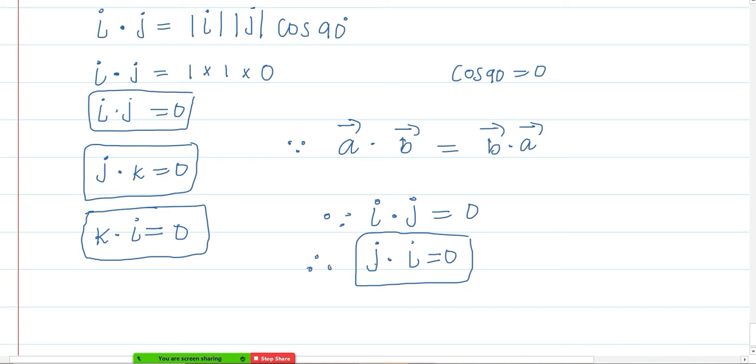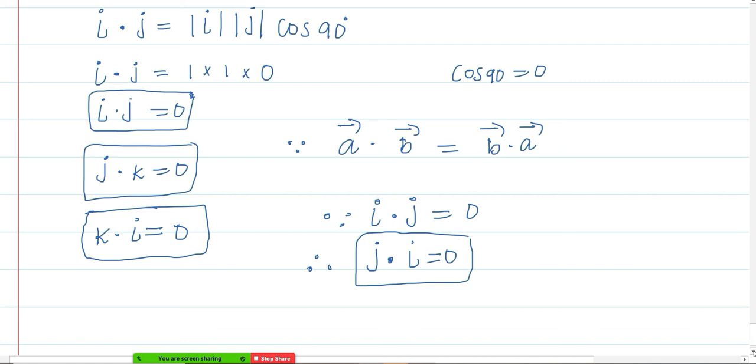These all look very simple. These results are not the same when you work with the cross product. I already said there are two products, one is dot and the other is cross. These are all the results only for the dot product. For the cross product, these results would be entirely different.